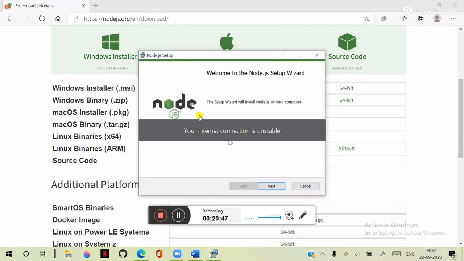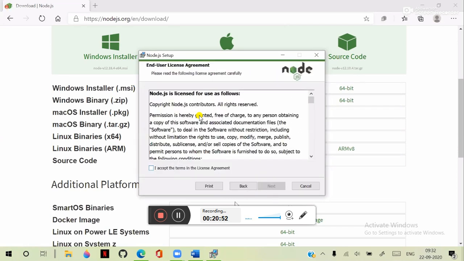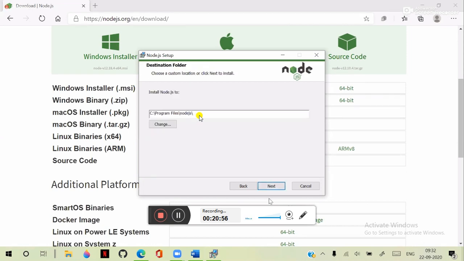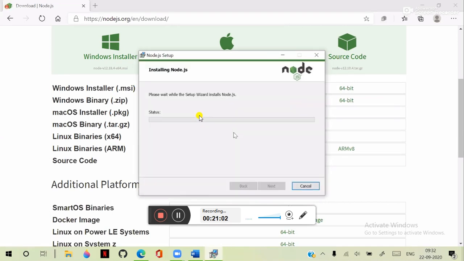You just click next, accept the terms, click next, and finish. So then it is done, right? It is setting up everything for us, right? Once Node.js is successfully installed,